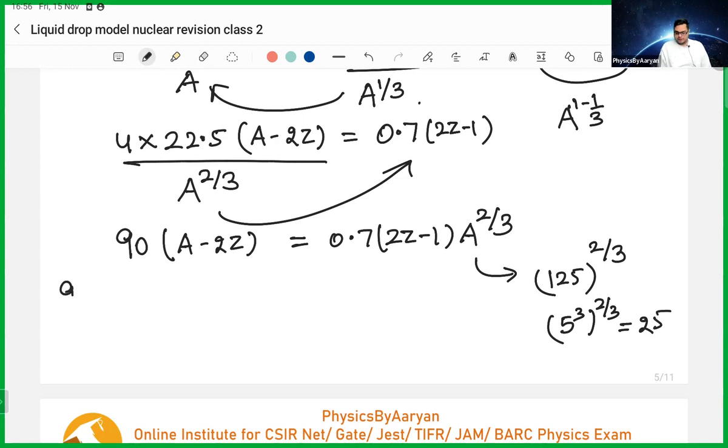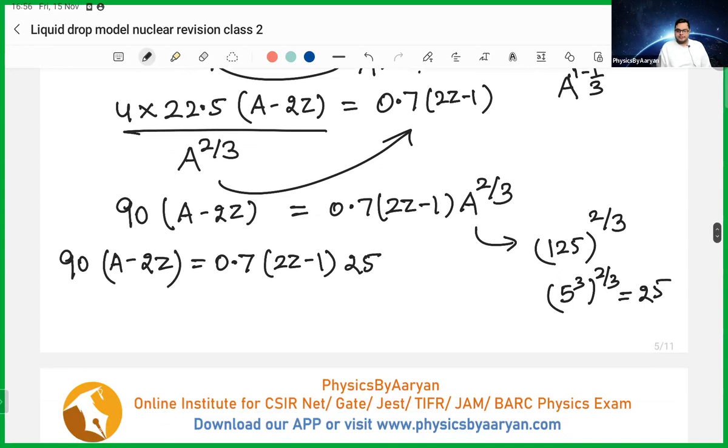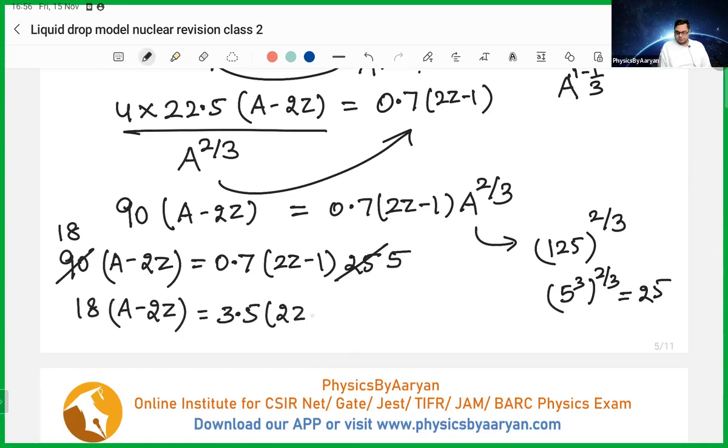ठीक है, so 90 into A minus 2z equals 0.7 into 2z minus 1, and this is 25. Okay, now I can simplify more. I can cancel with 5 and 5, so this will become 18 and this will become 5. So 18 into A minus 2z equals 3.5 into 2z minus 1. Now it is much easier to solve, right? Because now what you can do very simply is